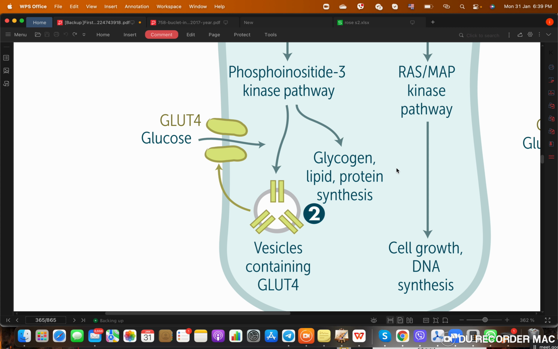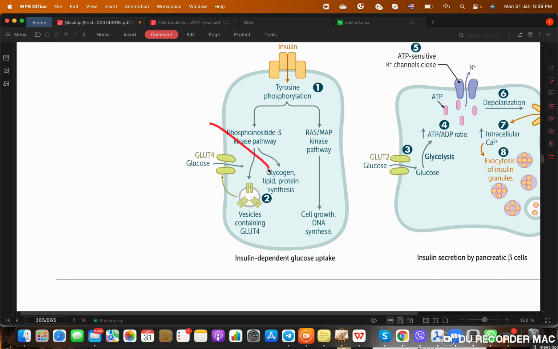How much glycogen do we have in our body, approximately, an idea? And how long can it last us, maybe if you know. We have around 70 grams of glycogen in our body, and it can last us up to 1 day or 1.5 days max. It cannot last us more than that. For the lipid, we also make lipid after the big meal, and protein synthesis as well. Okay, the most important thing, and basically all of this is just general stuff, non-relevant, but this is the most important thing. If we speak about the tyrosine phosphorylation, it's going to work on this pathway, which apparently is going to get a vesicle